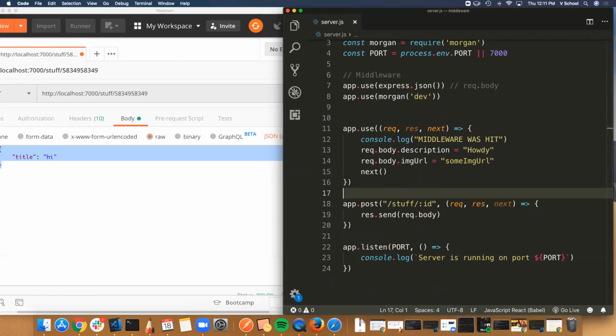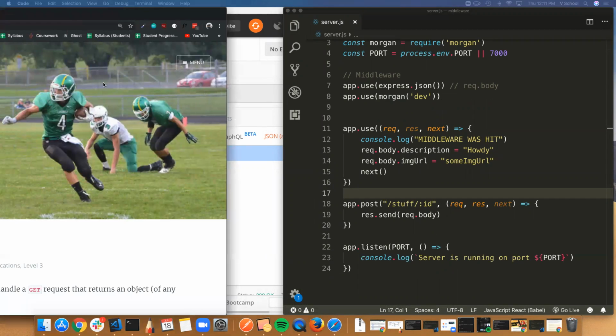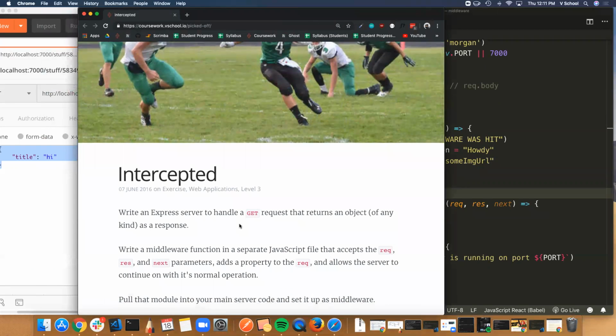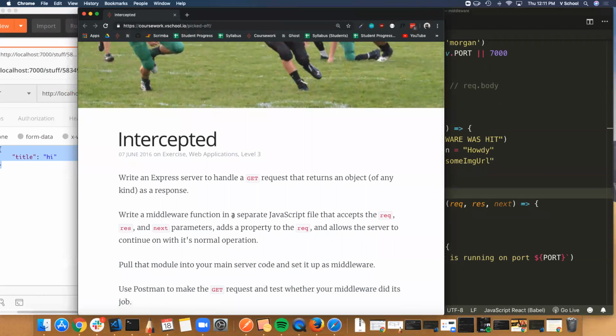You will have a short exercise on middleware later today. But your goal is to write an Express server to handle a GET request that returns an object of any kind as a response. Write a middleware function in a separate JavaScript file that accepts the req, res, and next parameters. I don't need you to put it in another file. If you do it all in your server.js file like we just did, that's going to get you the point. You can try to modularize it. It works the same way,